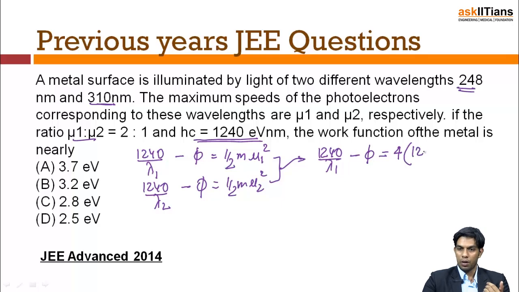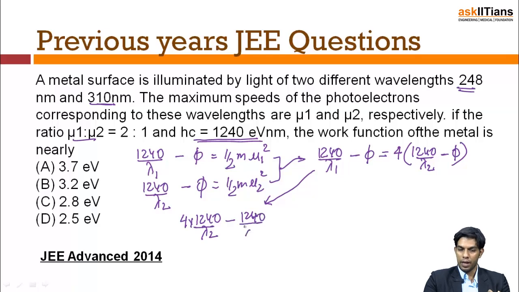So this is equal to 1240 divided by lambda 2 minus phi. Now you just need to evaluate these expressions because you know lambda 1 and lambda 2. Nonetheless, we'll simplify this equation further. So it will come out to be 4 times 1240 divided by lambda 2 minus